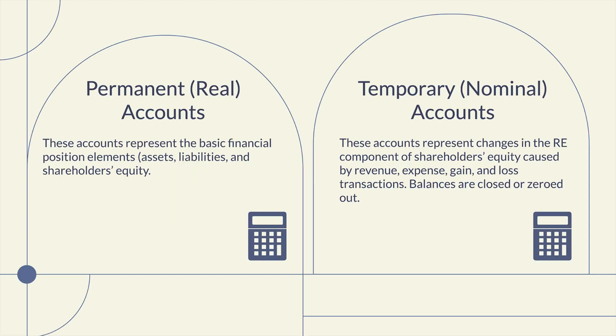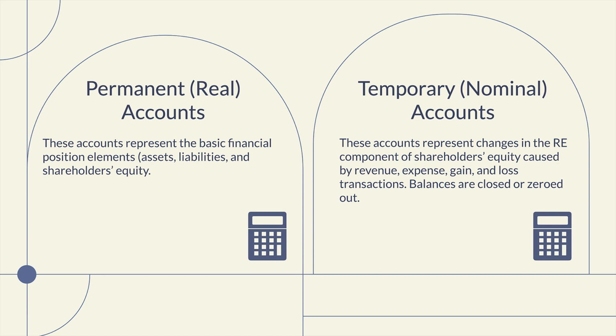This brings us to the introduction of general ledger accounts and the differentiation between permanent or real accounts and temporary or nominal accounts. A permanent account represents one of the basic financial position elements: assets, liabilities, or shareholders' or stockholders' equity. Whereas temporary accounts represent changes in the retained earnings component of shareholders' equity caused by changes in revenue, expense, gain, or loss transactions. These balances are deemed temporary or nominal as these balances are closed or zeroed out during